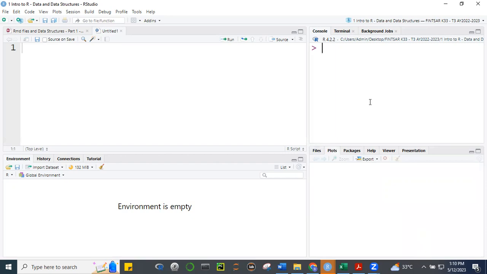So I'd like us to first, okay, if you type getwd, that's get working directory, it will tell you the default directory where R will save the files. So I'm running this in the console. Okay, before we do that,